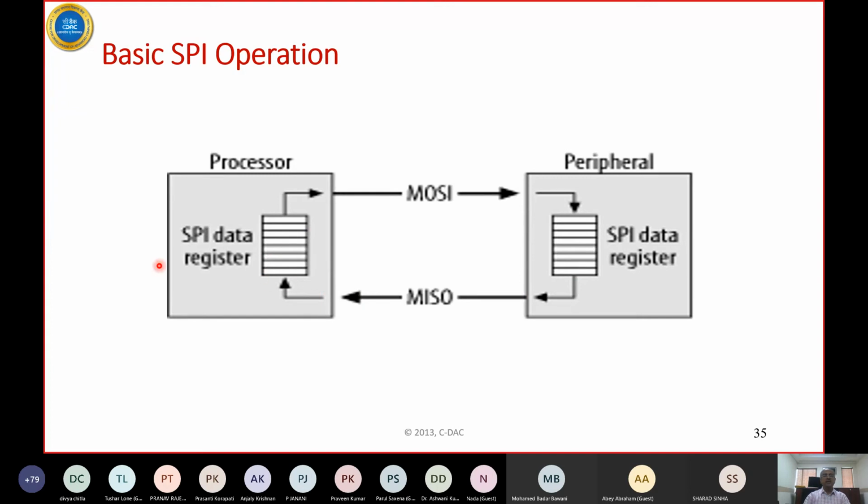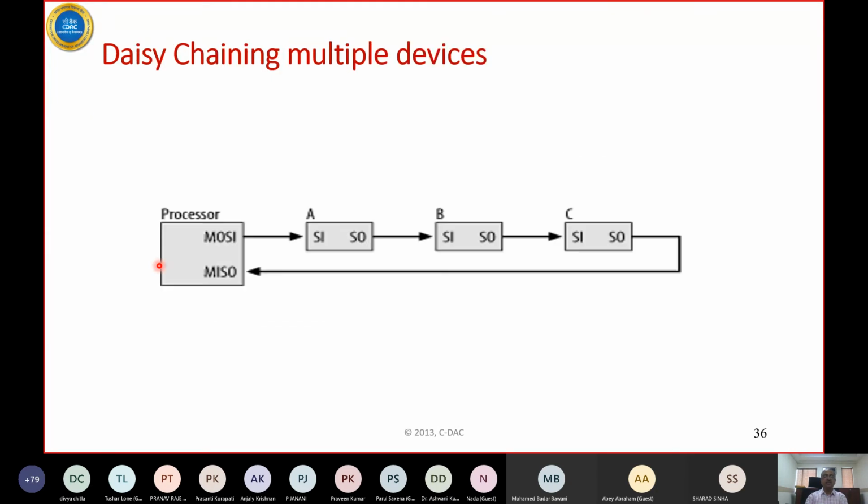Why does SPI have significance? SPI has significance because implementation is extremely easy. Every microcontroller that you get today will have an SPI. How will you use multiple slaves? You will daisy chain them like this. Suppose the processor wants to send data to A, it will load a byte and it will be sent out to A. Contents of A will go to B, B will go to C, but they will be ignored. If the processor wants to write data to B, what will it do? It will write the byte followed by a dummy byte. So the first byte